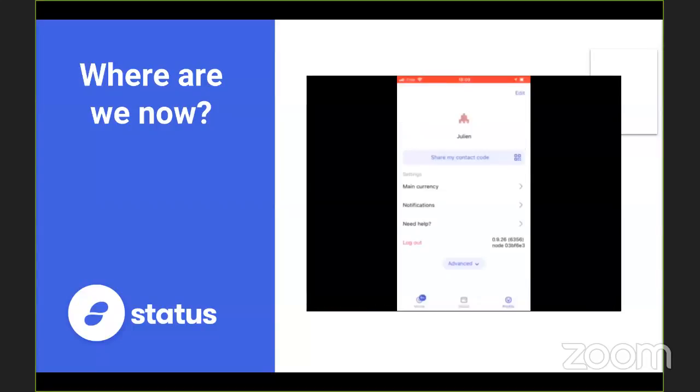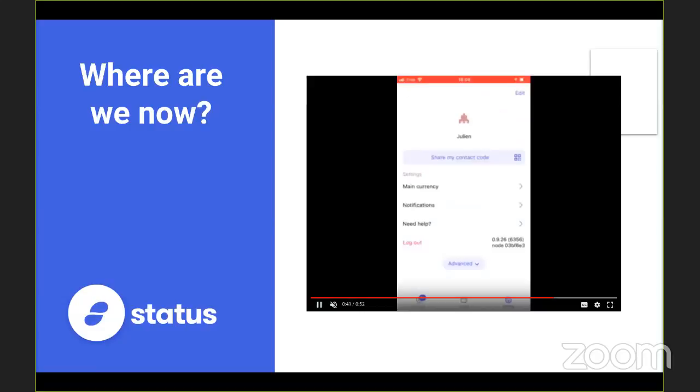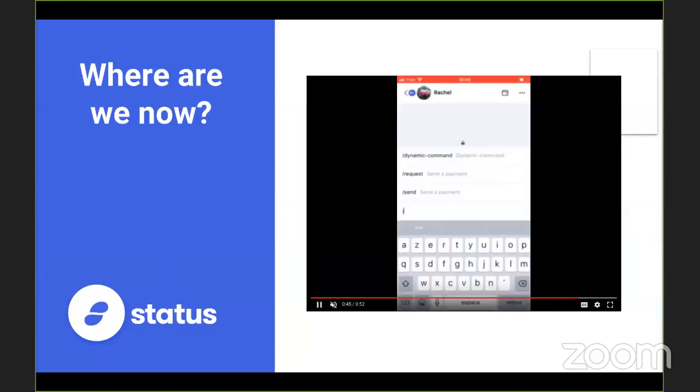So then we will go back. Okay, no, just to show you. Now in my extension panel, I can see that I have this extension loaded with some ID and it's activated. Okay, and now we go back to the chat and we can see that there is a new command. So it's a real demo.